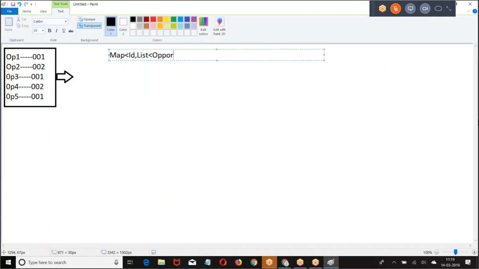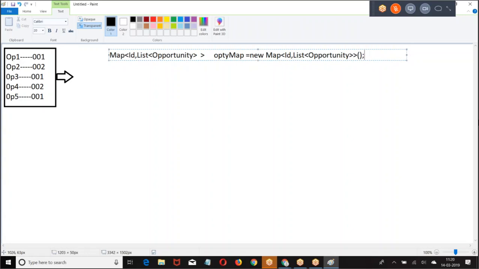List of opportunities. I create a map: ID of the account as a key, list of opportunity as a value.